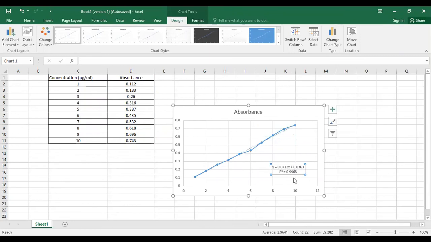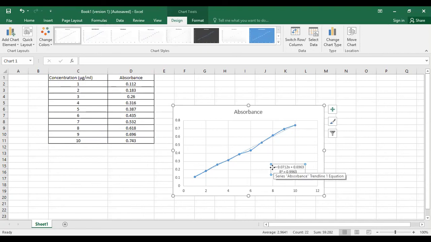Here it represents the equation, that is y is equal to mx plus c. Why do we develop the calibration curve? Once we get this equation, in the dissolution test we sample the dissolution test samples at particular time intervals, and we determine the absorbance of that particular sample using the UV spectrophotometer.